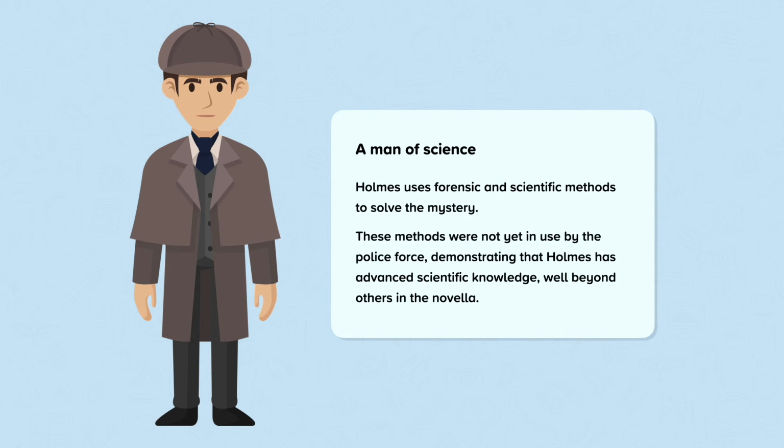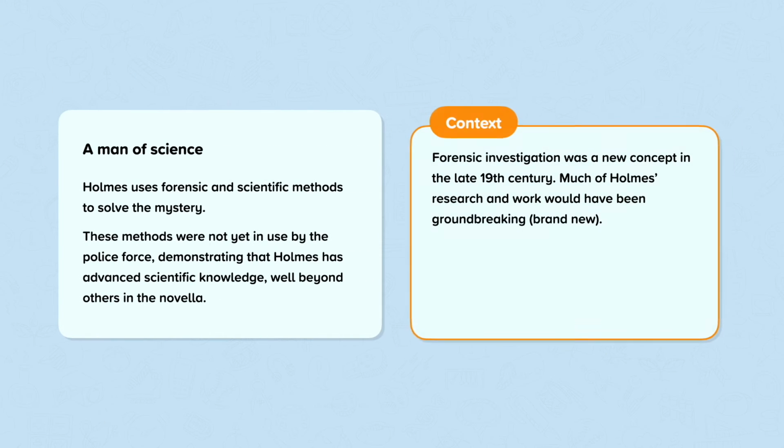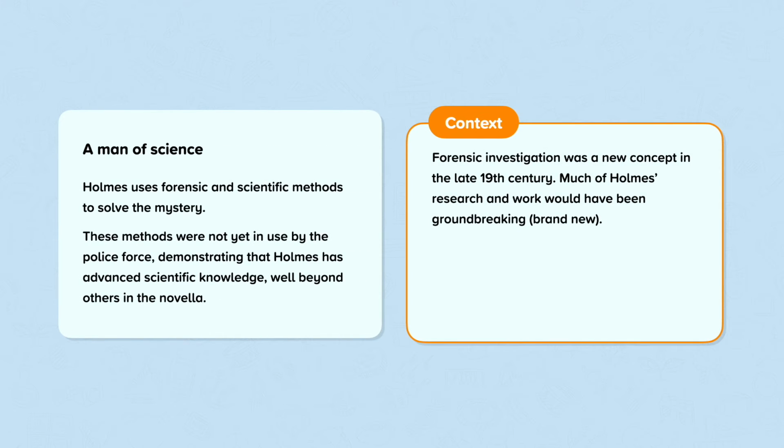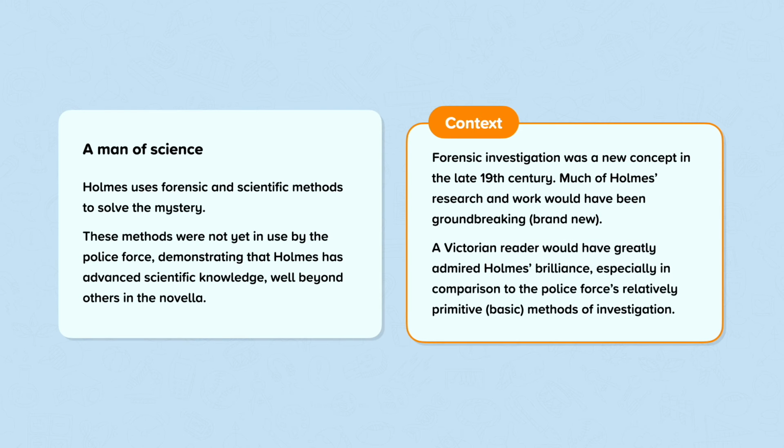These methods were not yet in use by the police force, demonstrating that Holmes has advanced scientific knowledge well beyond others in the novella. Forensic investigation was a new concept in the late 19th century. Much of Holmes's research and work would have been groundbreaking, or in other words, brand new. A Victorian reader would have greatly admired Holmes's brilliance, especially in comparison to the police force's relatively primitive, or basic,